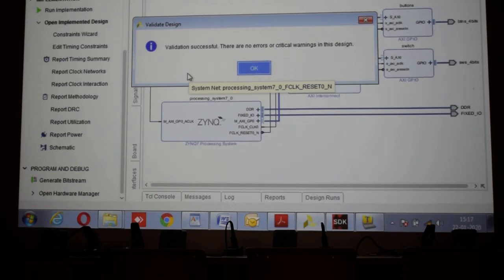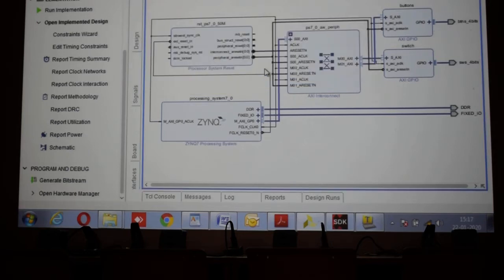Okay, done. So you got this? Validation successful? Yes. You got it? One more is covered. Buttons is the switch, right?